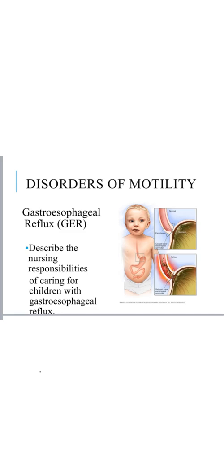Gastroesophageal reflux. This is different than the GERD you learned about in the adult world. This can lead to GERD, but kids or infants don't typically develop GERD. Gastroesophageal reflux is due to the immaturity of the esophageal sphincter that is right at the bottom of the esophagus and entering into the stomach. This sphincter is kind of weak and allows for a delay in the gastric emptying, or in fact,